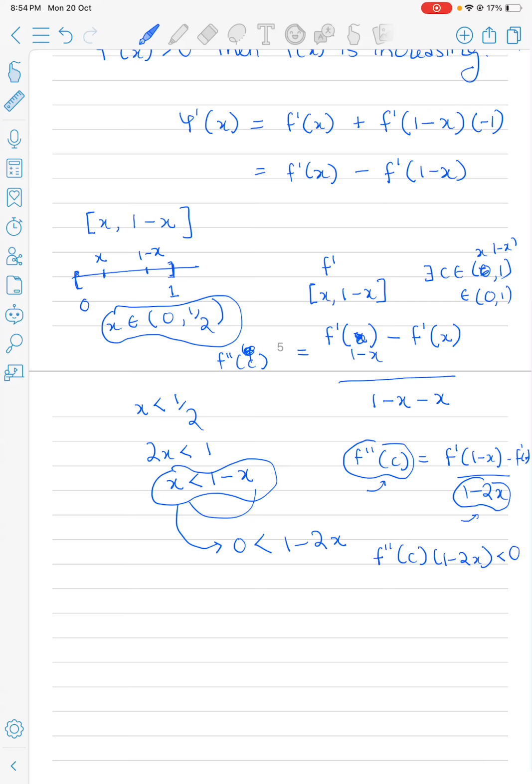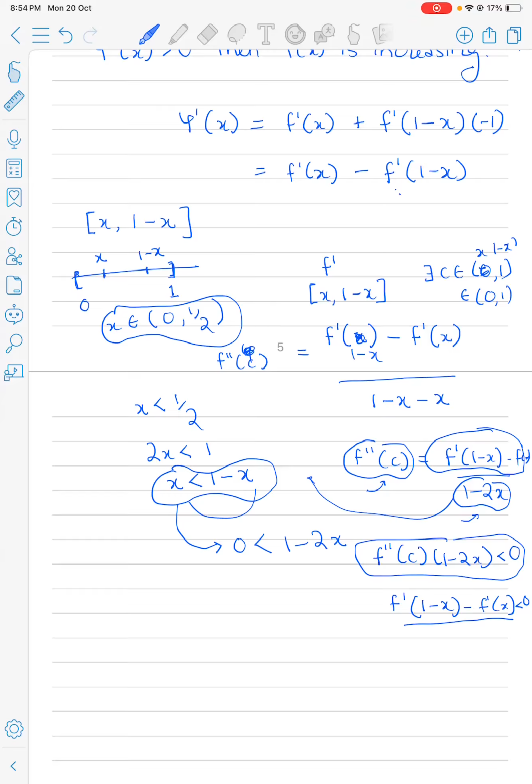So this thing is negative. And so this will be 1 minus f dash 1 minus x minus f dash x. This is less than 0. I took this here. So this thing is less than 0 because this thing is less than 0. So now you use it here. Since this is less than 0, f dash x minus f dash 1 minus x